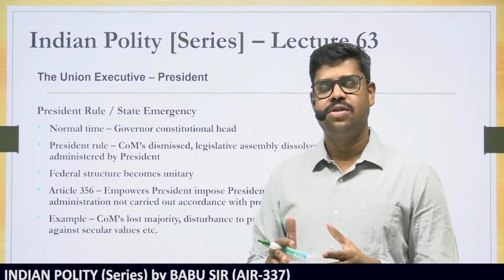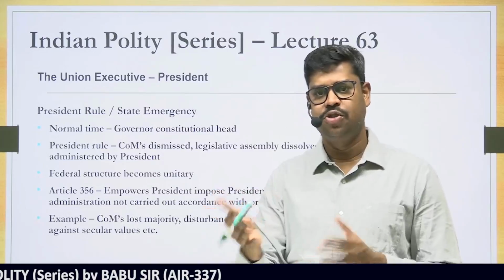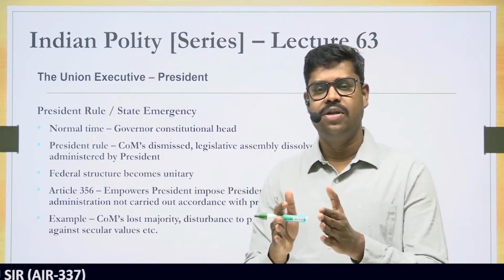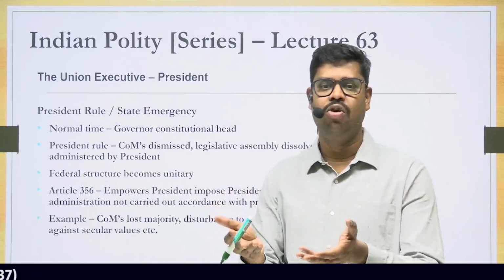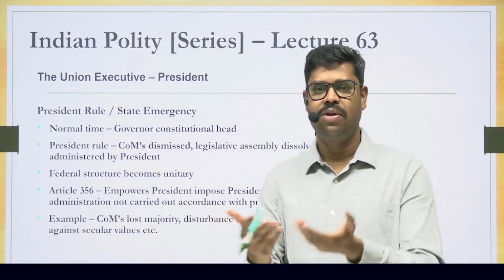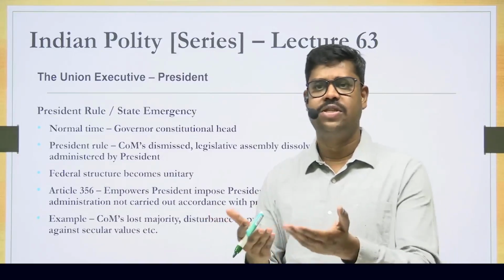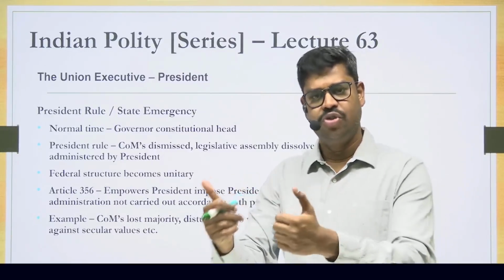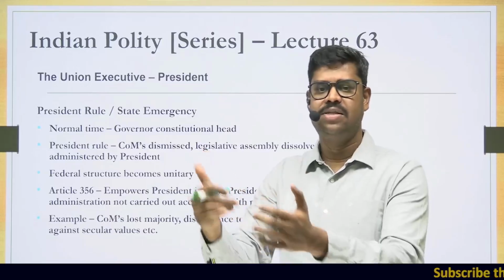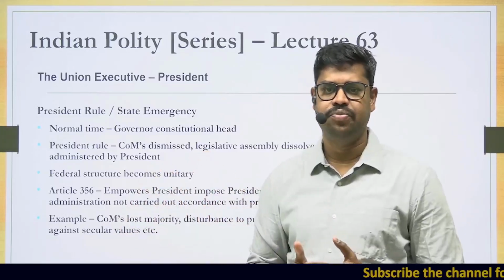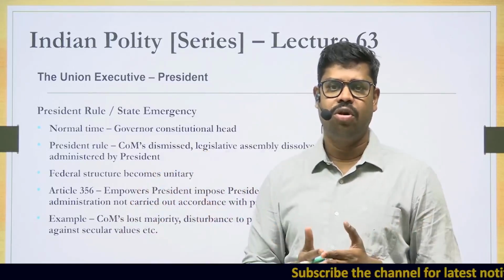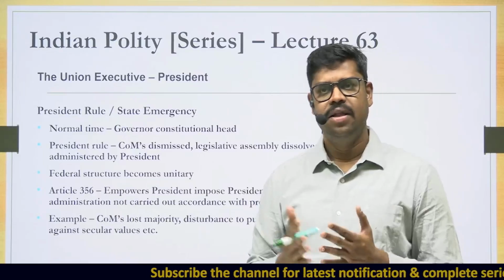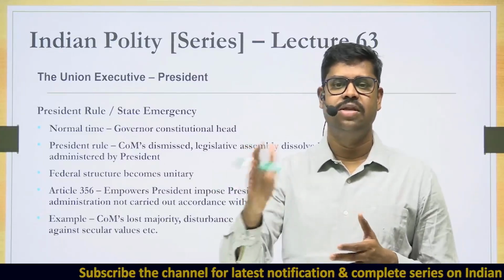Let us assume one more example. Suppose there is a government which has a majority in a particular state, but it is not able to protect public order in that state, because law and order and public order is an item in the state list. It is the responsibility of the state government to ensure a state of peace, security and prosperity in that state. If there is a widespread law and order problem which the state administration is not capable of handling, then also the president can come to a conclusion that there is a constitutional breakdown